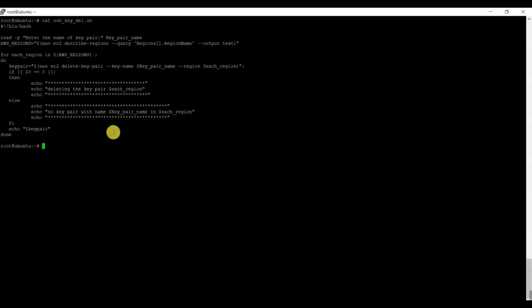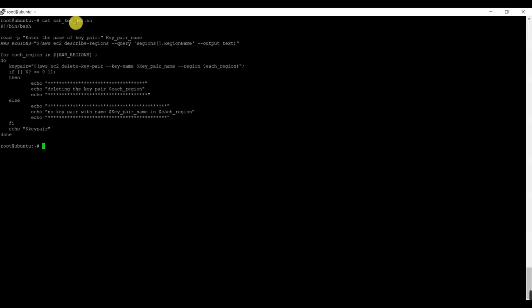If you see my shell script, first I'm passing this command to get the list of regions and storing that information in the AWS_REGION variable. After that, I'm using a for loop to call each region, and I'm passing the aws ec2 delete-key-pair command to delete the key pair in each region.